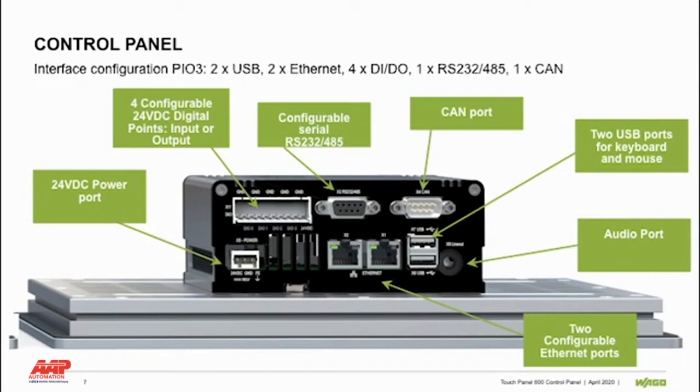It has two configurable Ethernet ports. That is, you can configure the ports to act like a switch, or you can set them up as independent ports with separate IP addresses. The control panel also comes with an onboard firewall and VPN. So if you're concerned with network security for your application, you can enable the firewall and or the VPN for